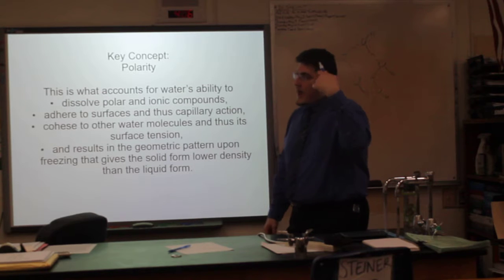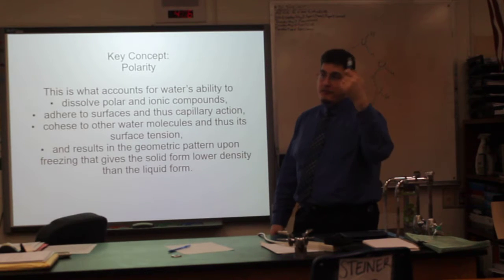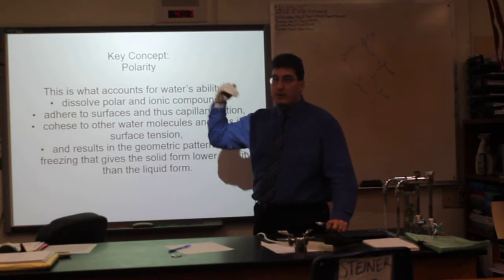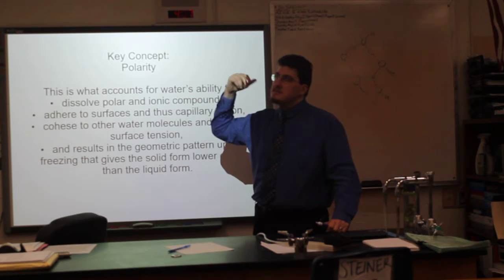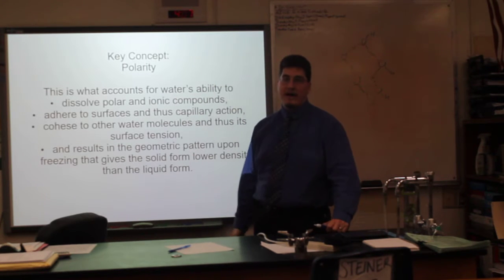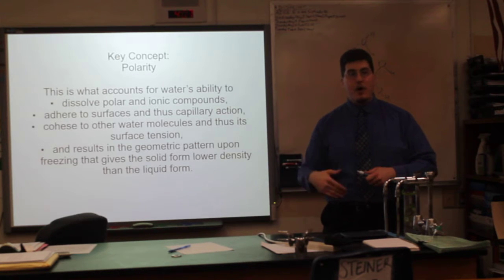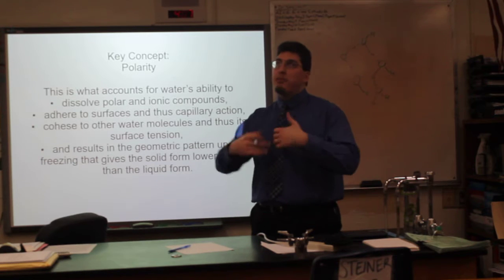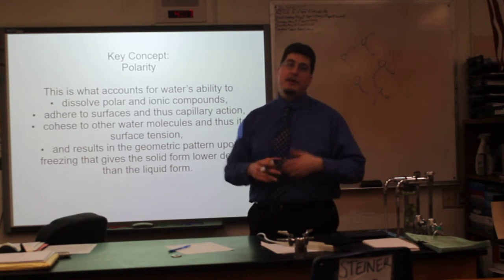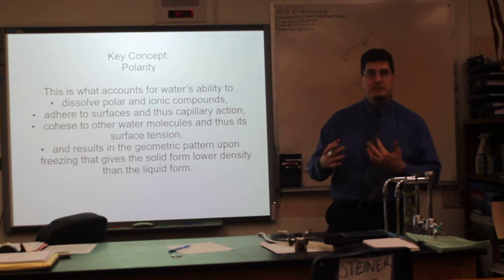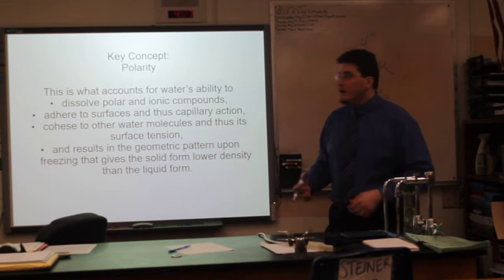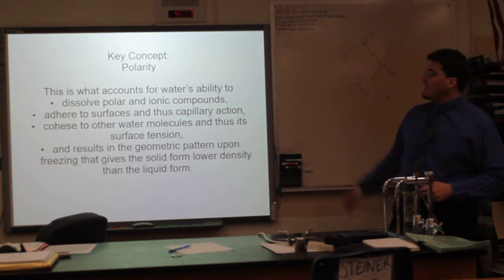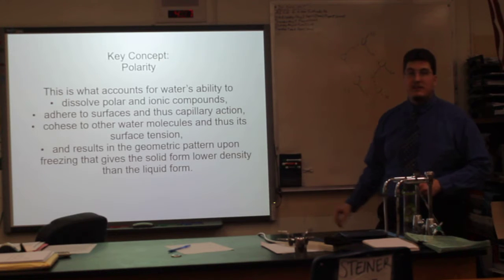So anywhere from 4 to 0 degrees Celsius, liquid water decreases. It goes from 1 gram per cubic centimeter to like 0.998 grams per cubic centimeter. But as soon as it hits frozen solid water, it goes from 0.98 to like 0.91 grams per cubic centimeter. It goes to like 9-ish, 10-ish% less dense. So ice will float. The freezing geometric pattern gives the solid form of water lower density than liquid form, and